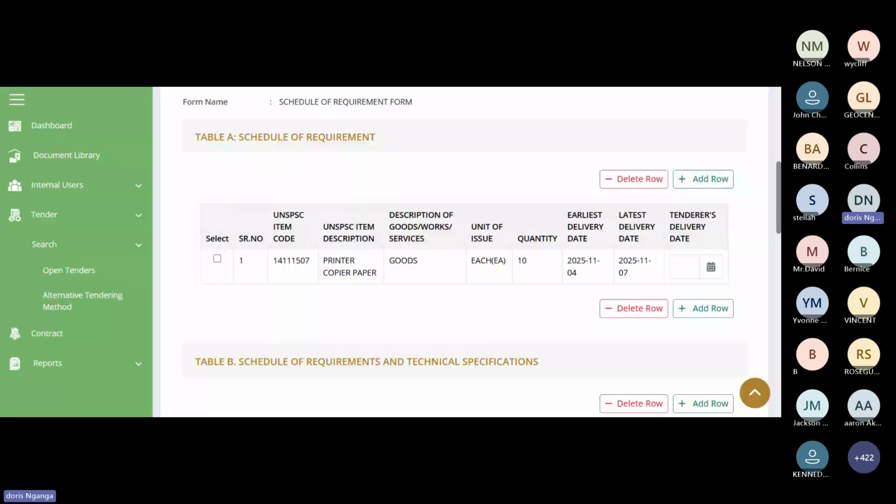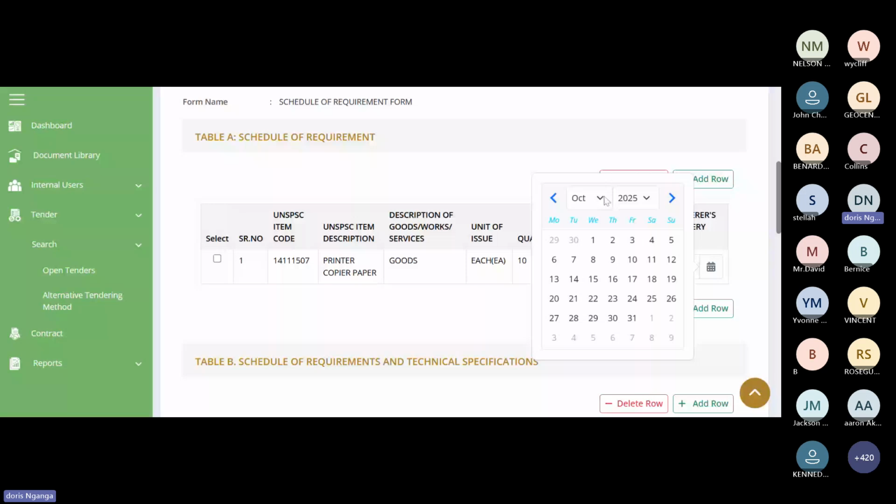You are the one who knows, if you are given this contract, how soon you can deliver, bearing in mind the dates given by the procuring entity. So you click on the date and select a date that you feel comfortable with.